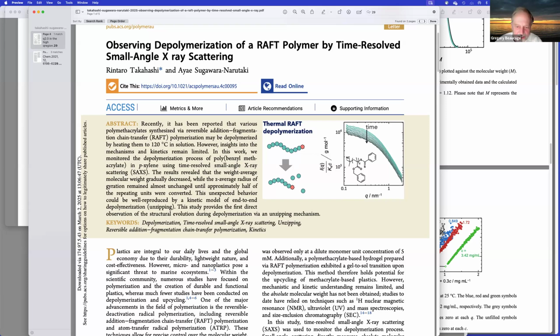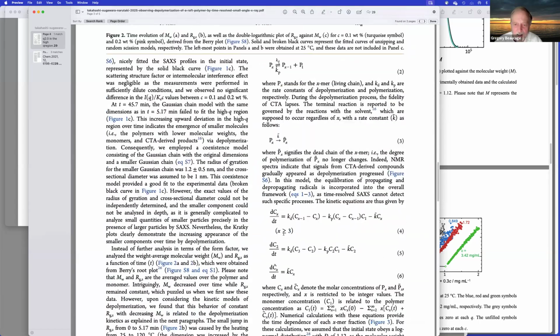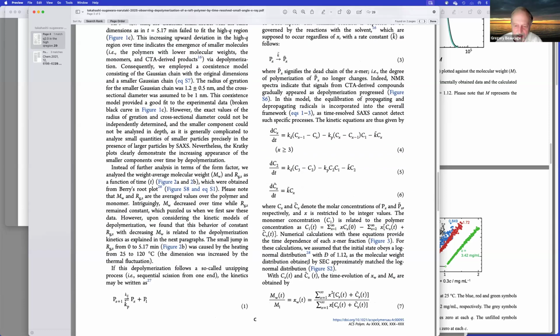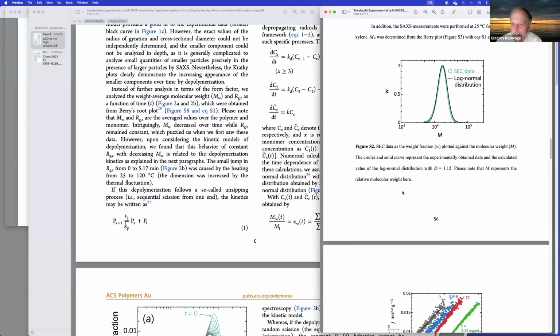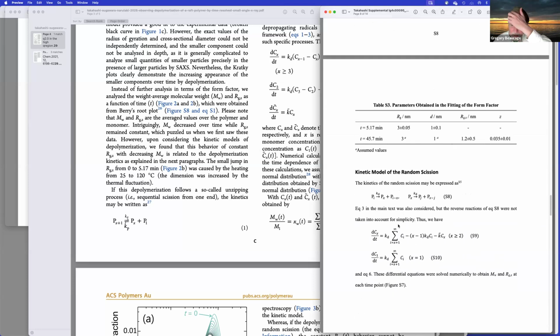Right, so those should lead to 2 different populations of chains that come out, and he's got the calculation for the unzipping, which would be the end unzipping, like pulling off the monomer by monomer. He calculates it here, and then he calculates in the supplemental what the random one would be. And I'm not really that up on